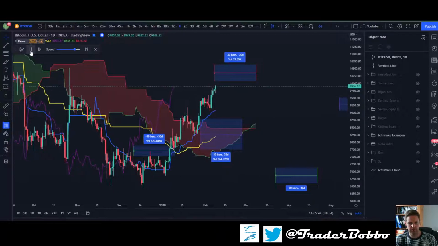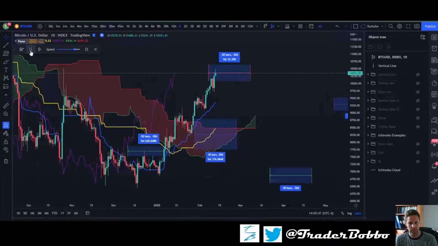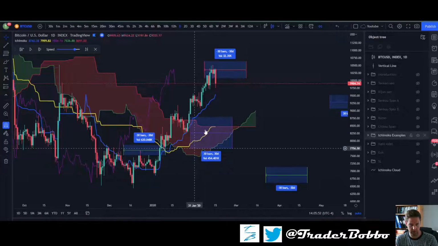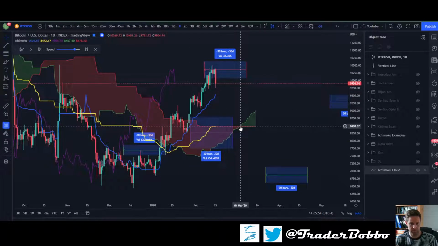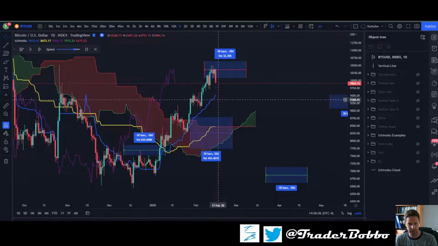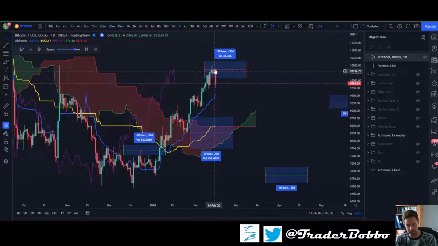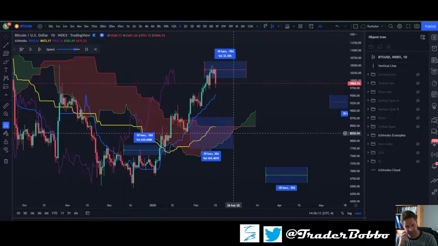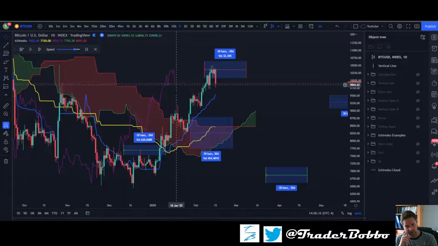I'll speed this up if it's too slow. So again, everything's pointing up. I won't mention this again, but what you want is candles pointing up. You've got a bullish Kumo twist. You've got Kijun sitting on Senkou Span B at 8.5 grand. You'll be looking for this. This is looking for a mean reversion. So if you're not long, you'd be looking for a long from 8.5 grand, unless price closed below and Chikou is below price. But again, we'll see what we see